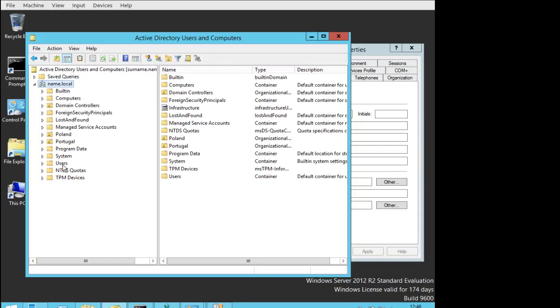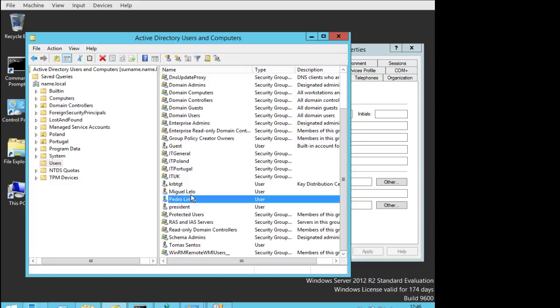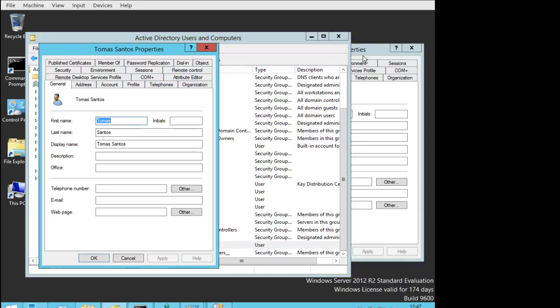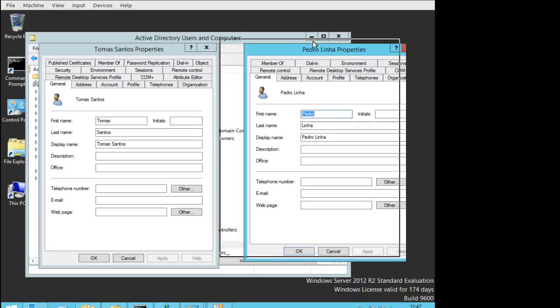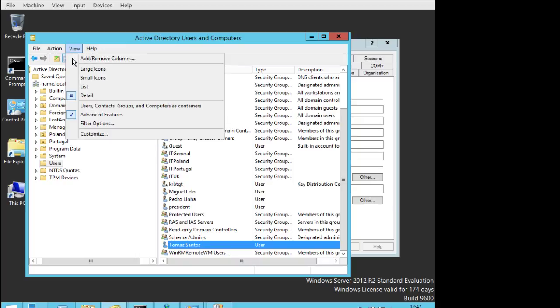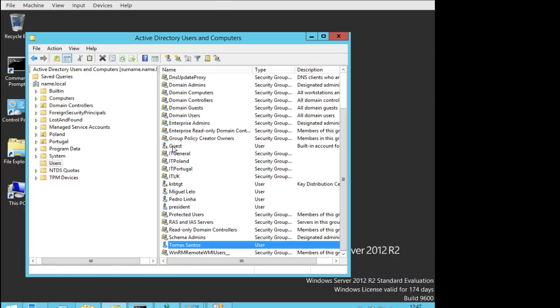And if you open users and Tomás Santos, where was Tomás Santos? Here it is. You say properties, and right now if you check, Tomás Santos has other options that Pedro Linha doesn't have, simply because we set view advanced features. Okay, now